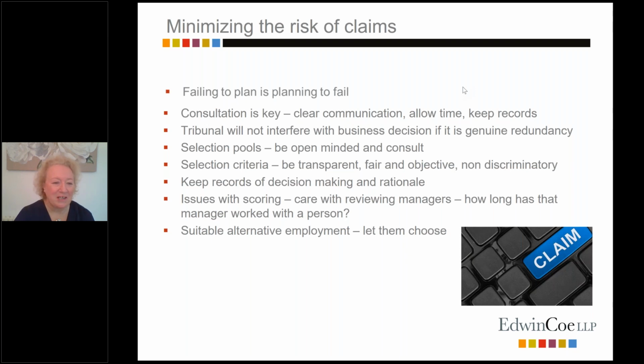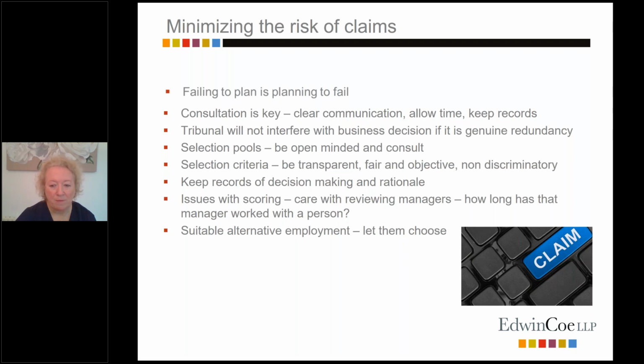Some scary stuff in that section, but I'm going to try and end on a positive note. It is quite possible to undertake a redundancy exercise and do it fairly and without claims. Obviously, I'm just going to recap on some of those points to remember to follow a fair and reasonable process and minimise your risks. So having a good plan at the start is the foundation for a successful redundancy programme. Consultation is key. Make sure communication is clear and the rationale and the decisions for what you're proposing are justified and allow enough time. Remember, a tribunal won't interfere with the company's reasonable business decision if it is a genuine